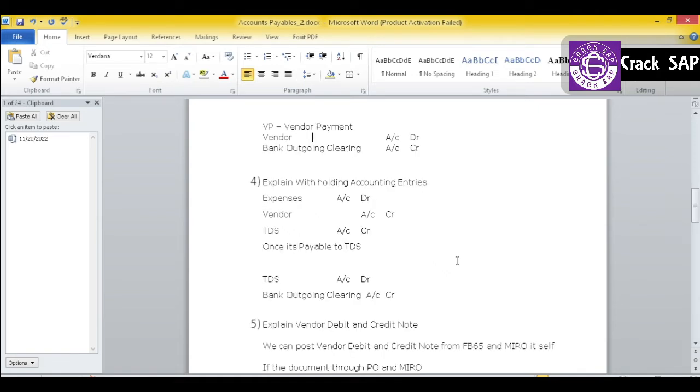Fourth question: explain withholding tax and accounting entries. Whenever you post any invoice, it will ask you about withholding tax, because withholding tax is very important when you make the payment. It also comes into the picture when you are booking the invoices. That depends upon your configuration, and you have to make the payments. When you are booking the invoices, the expense account is debited, and the vendor account will be credited, that is normal. But the TDS account is also credited here, because it is a liability which you are